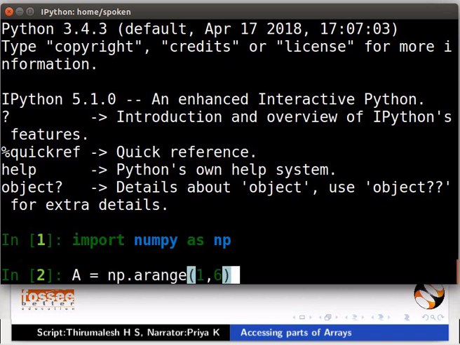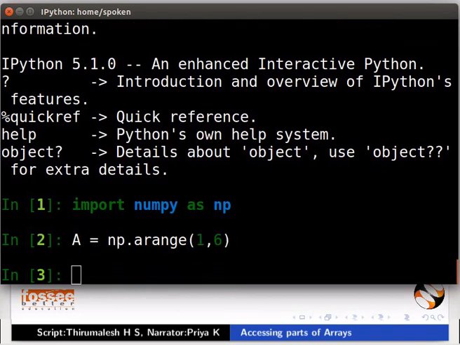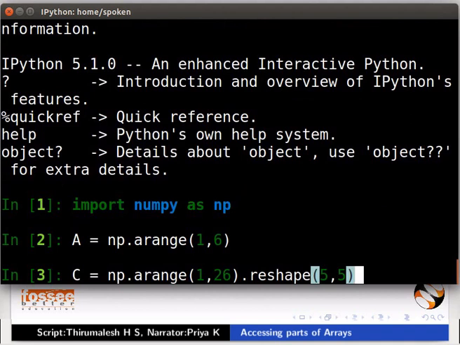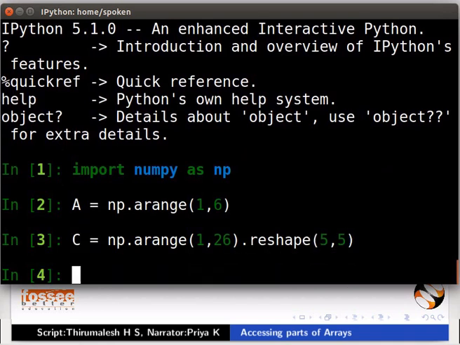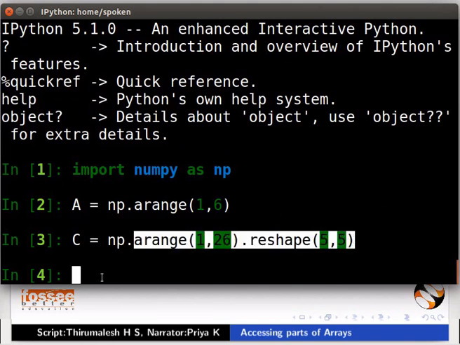Type A = np.arange(1,6). Type C = np.arange(1,26).reshape(5,5). We have already learnt about arange and reshape methods in an earlier tutorial.